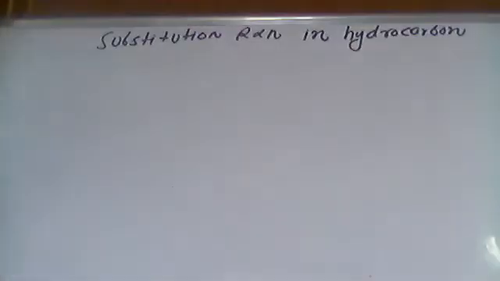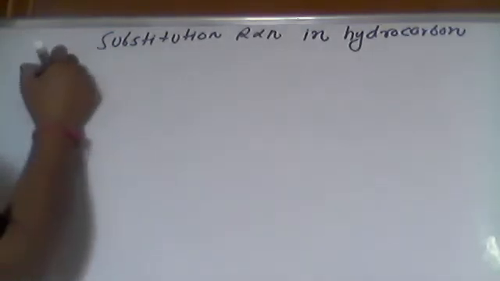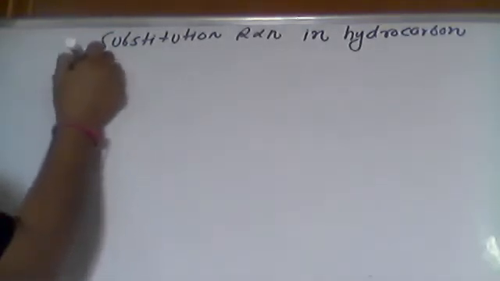Right now we have done the carboxylic acid part, the COOH. Now substitution will take place in the hydrocarbon part, that is the R part of RCOOH. We are going to discuss substitution in that one. And under this, a very, very important reaction is your HVZ.